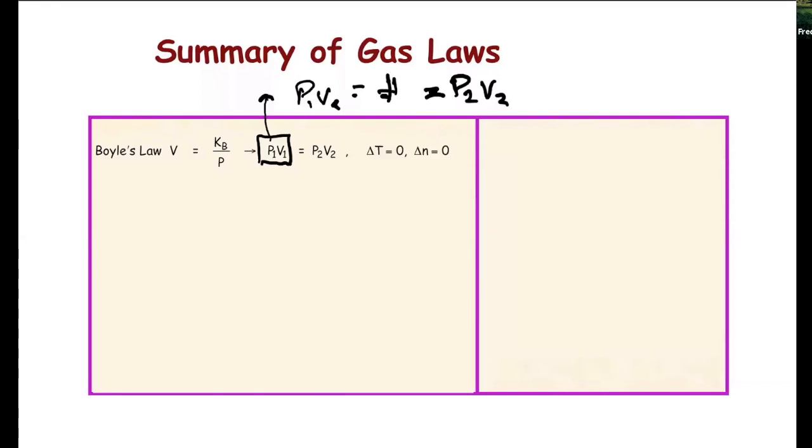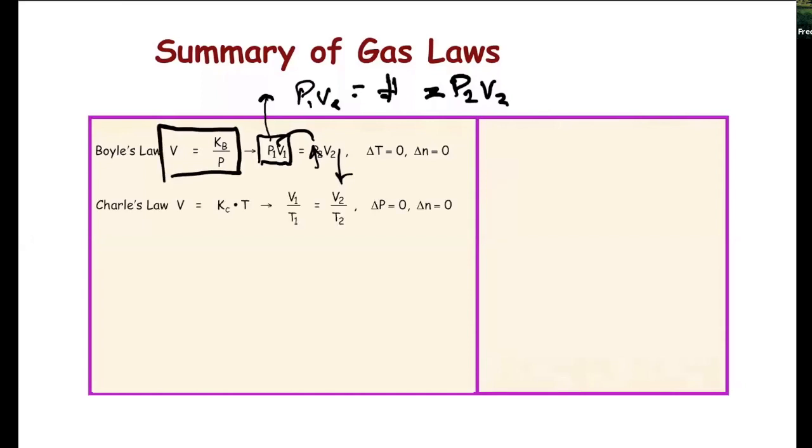It says that if you have a pressure and a volume here in San Diego, and you bring that same item to a different condition, then they're going to be equal, because if the pressure goes up here, then the volume has to go down. Okay, so it's going to be equal to each other. So this right here is Boyle's law. This right here is Charles' law. It basically tells you that